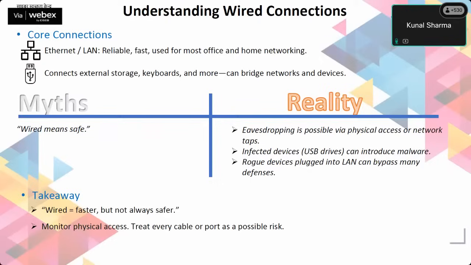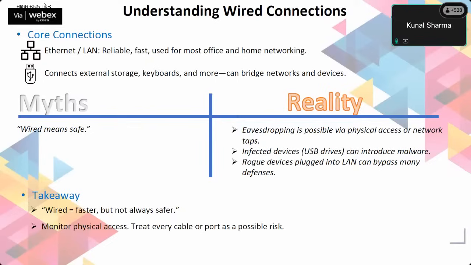Some of the cases I have highlighted are like eavesdropping. A person physically connected to your network can easily bypass all the defenses you have created. Firewalls, IPS, IDS, and all these perimeter security devices will be of no use if a person has physically connected to your network. We have seen that a USB is such a small thing,